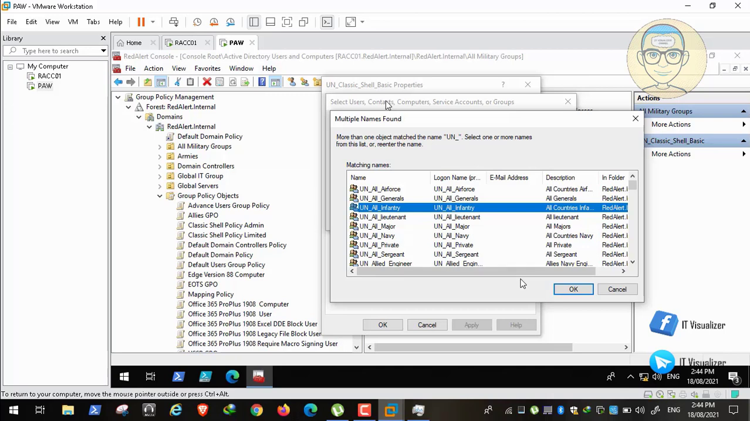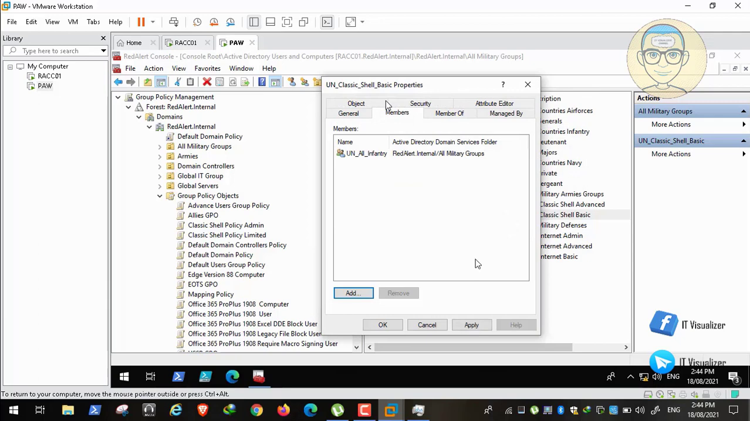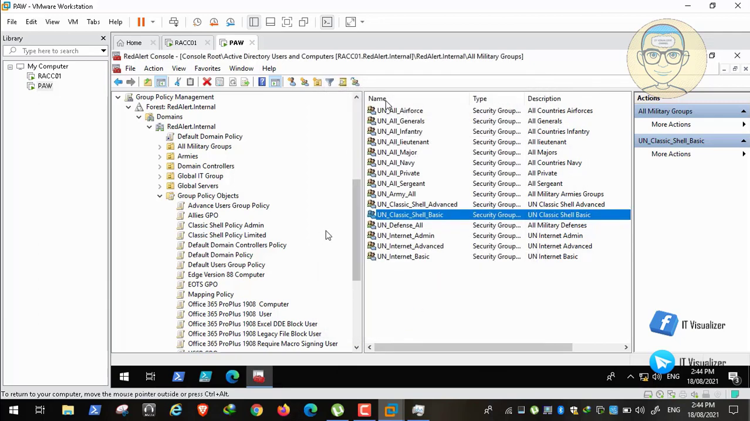These are all of the infantry teams in all of the three armies, so they will have limited access to the classic shell program options. Okay, so now we will just remove the army ally group, and then we leave infantry, and then okay, and then apply and okay, and then we have configured a couple